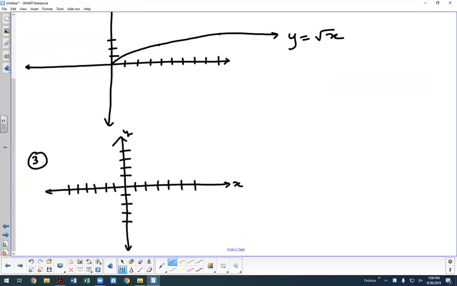So we have 0, 0, right? What will happen? 1, -1, 1, +1, right? Okay. So we've got 4, and 2. We've got 4 and -2. 1, 1, 1, and negative. So this graph is actually going to end up looking